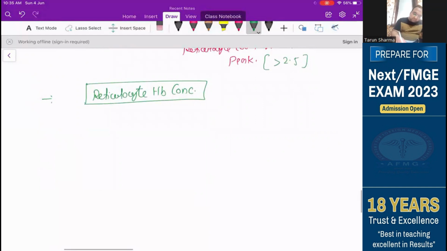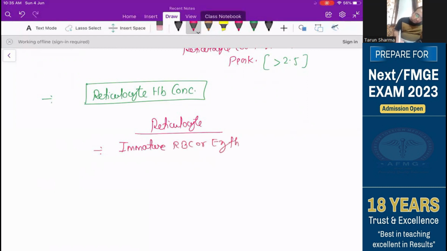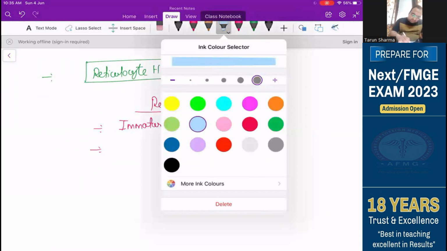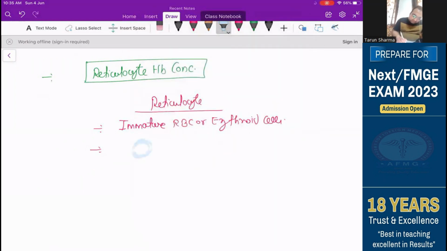So the next thing which comes to your mind is, what is this reticulocyte? What are reticulocytes? Reticulocytes are the immature RBCs or erythroid cells. So how will you differentiate them from the RBC? In a peripheral blood film, if you see RBCs that are not reddish, but slightly blue in color, so these bluish